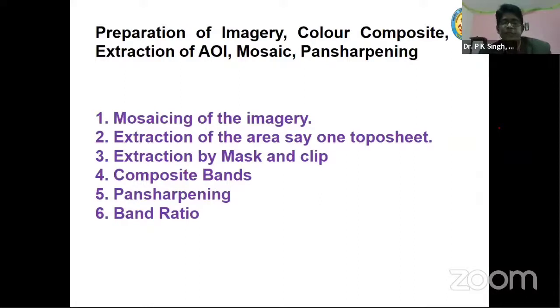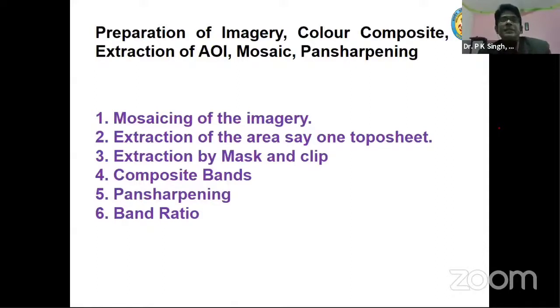As a geologist, I would be interested to know the type of lithology, the major lineaments, the different geomorphic units, and how some structures can be picked up from this type of remote sensing data.